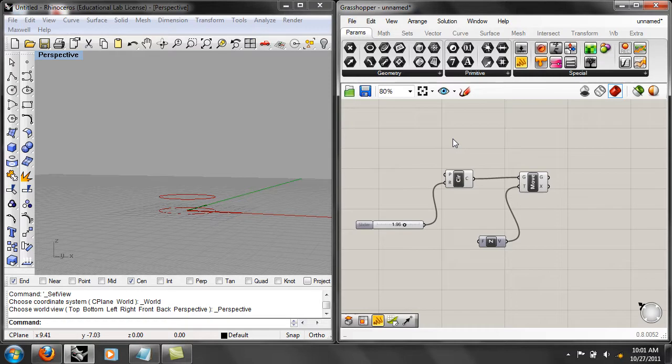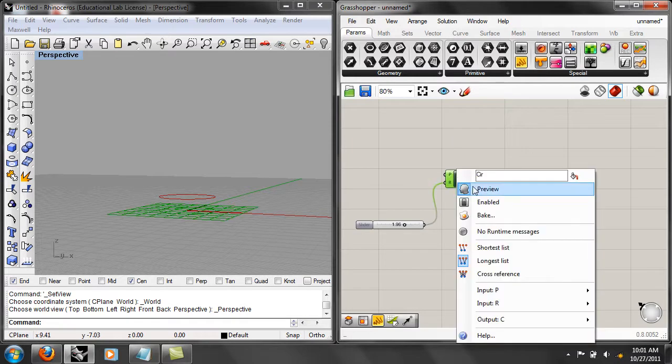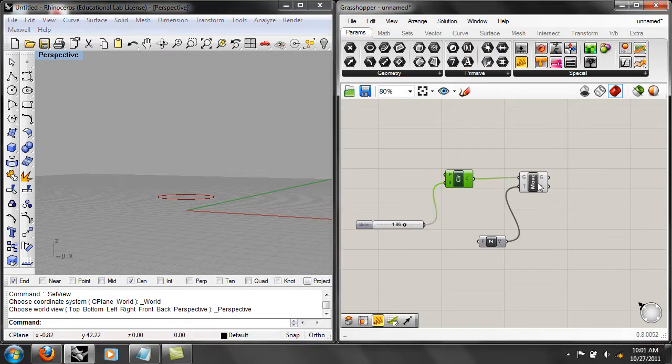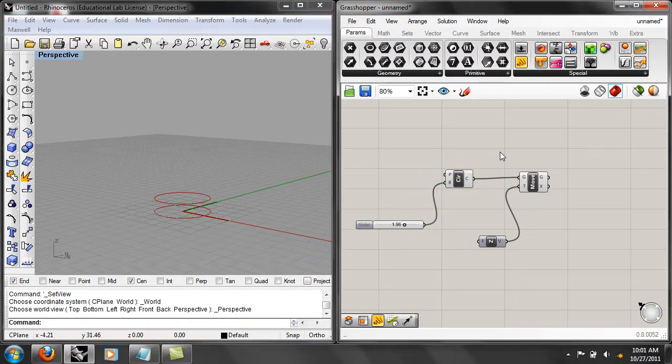Again, the move component moves it in space. It was here, it's now there. If I hide this one, if I turn preview off, there's only one. It's moved along. This component moves it. But if I turn this on, if I maintain both states at the same time, it looks like I have two copies of it. Does that make sense? You can think of it as a copy, if that makes you feel good, but it's different. It's a state of the